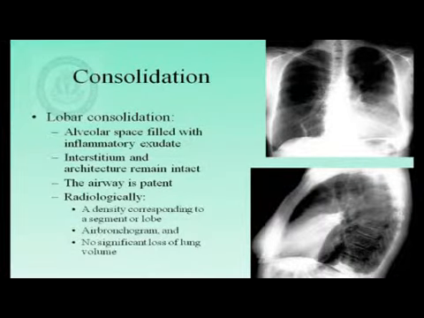Now there is an opacity in the left lower lobe but in an AP projection. So is it a left lower lobe pathology? But then you are able to see the left dome of the diaphragm very clearly, whereas the left heart border is not clearly made out. So thereby indicating that the pathology is anteriorly located, because the heart is anterior. Now you take a lateral view of the chest, which shows there is a consolidation in the left lingular segment.